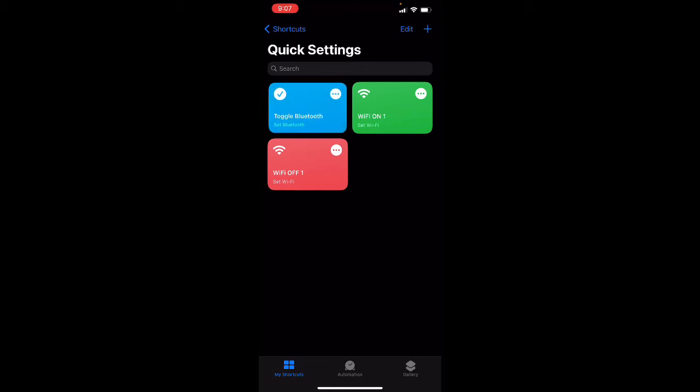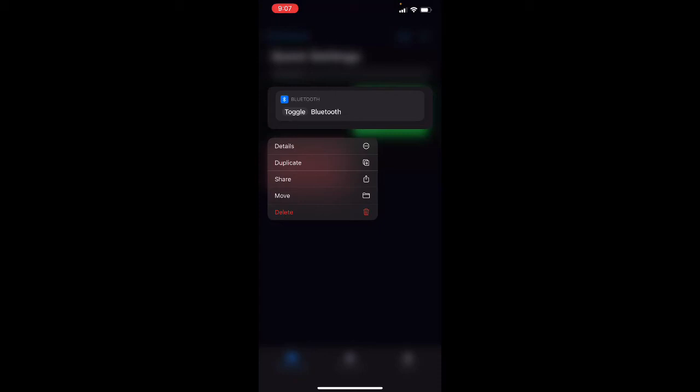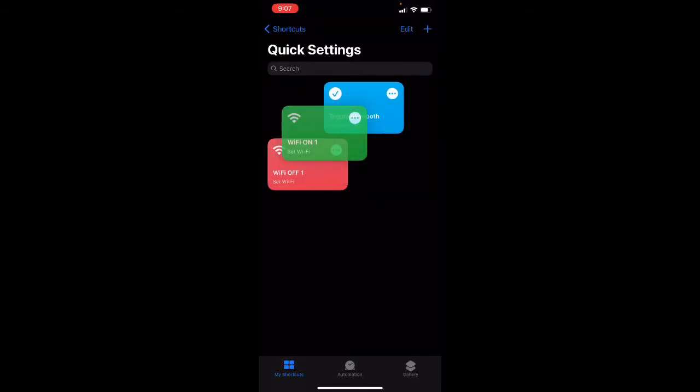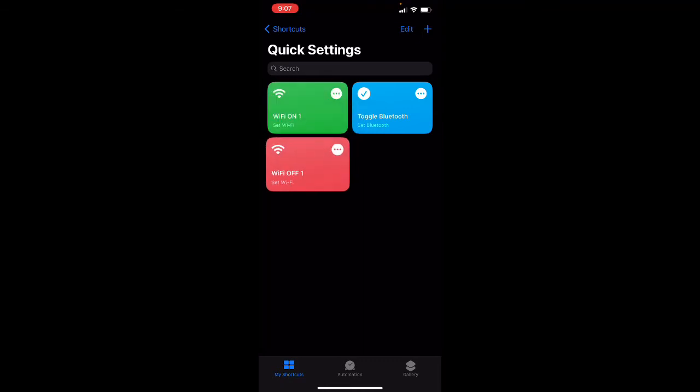So what I do is I select this icon, and I can move it and rearrange the icons in this folder, so that when I put a shortcut on my home screen, they are arranged the way I want them to look. So now let's add one more shortcut,